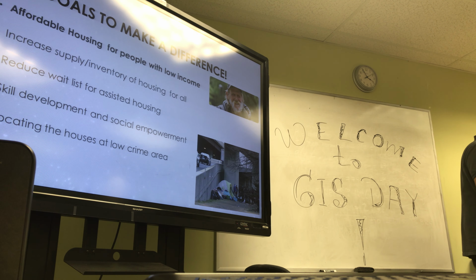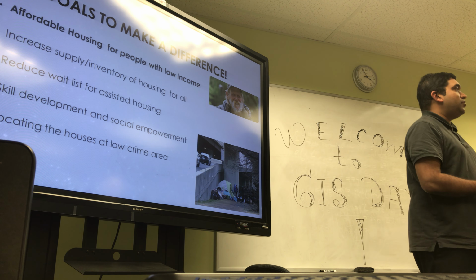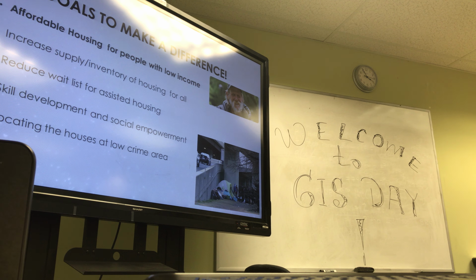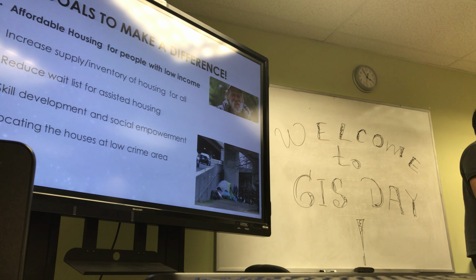So the key goals were to see whether this data, which we got from census.gov and other sample data, really helps to change anything on the ground, rather than just doing a class project. Key goals for the project were to see how we ensure affordable housing. Is there some way you can find some vacant lots, or a lot of apartments that are close within the community? Can we do something